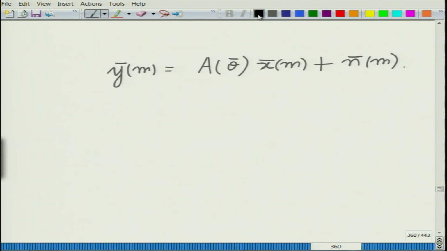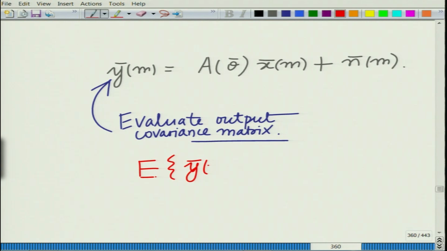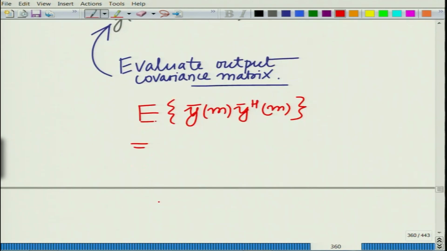So, I can evaluate the output covariance matrix. This becomes your expected value of y bar m y bar Hermitian m, which you can write as A theta bar